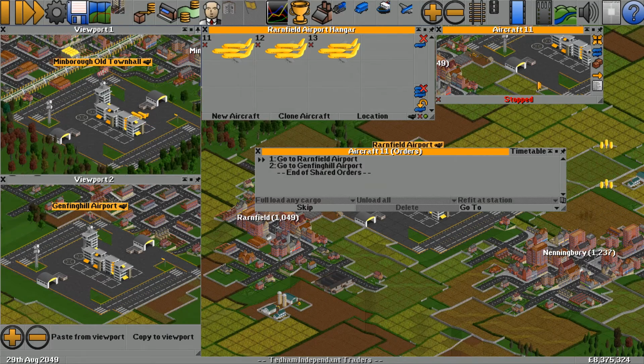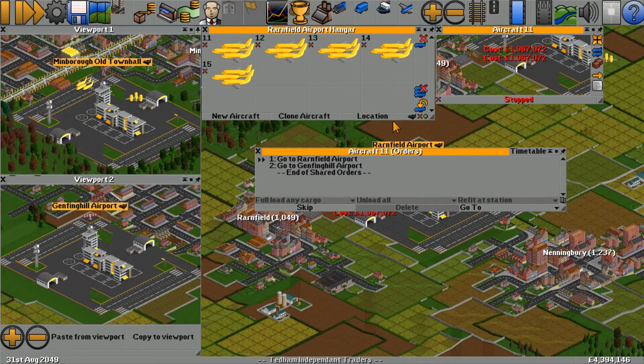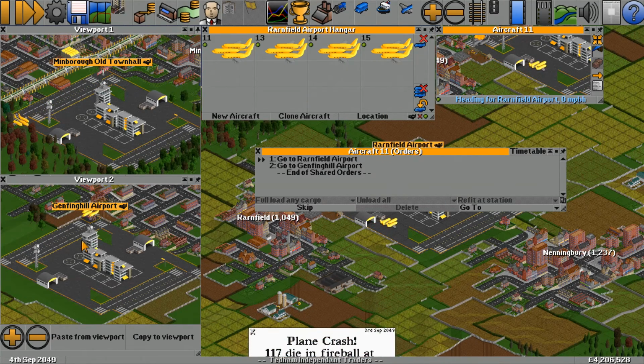Okay, so split second later, we've got enough money. We're going to clone another 2. There we go, there's our 15. So now I'm interested to see how much money these planes are going to start making. So these ones are going to...